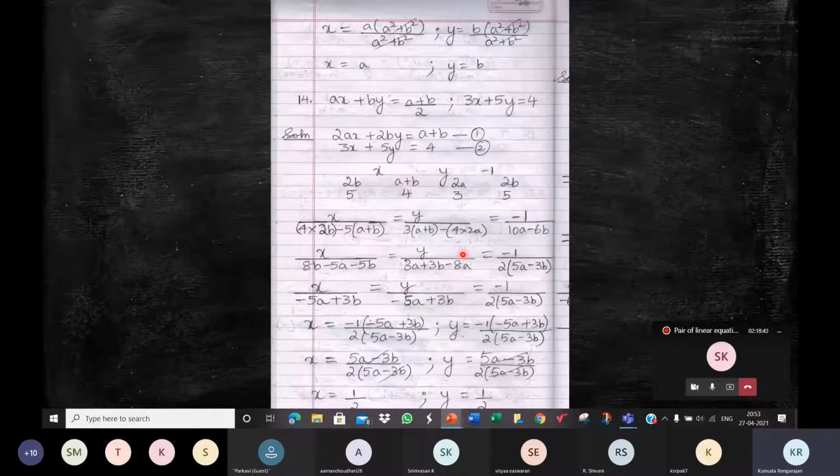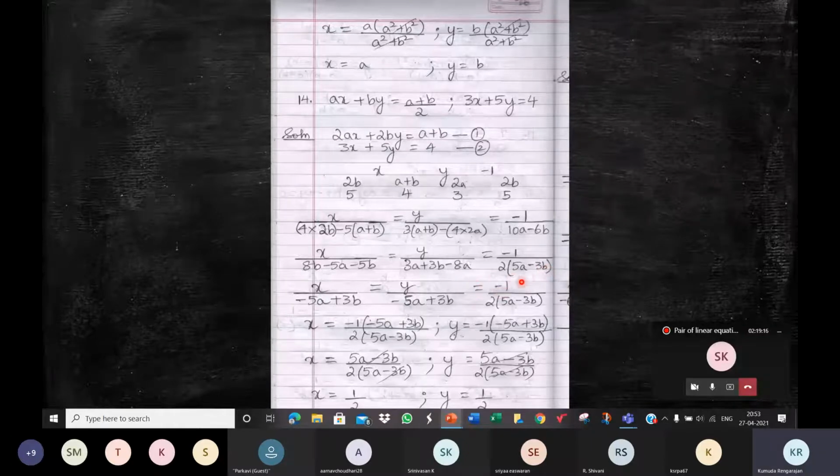So children, this gives us, so here, okay, fine. So you have two b terms here, that simplifies to 3b minus 5a plus 3b. So here we have 3a and minus 8a, so minus 5a plus 3b. And here minus 1 by 10a minus 6b, and 10 and 6 have 2 in common, so bring it out, and that gives you 5a minus 3b in the bracket.